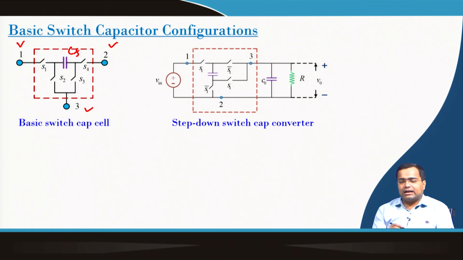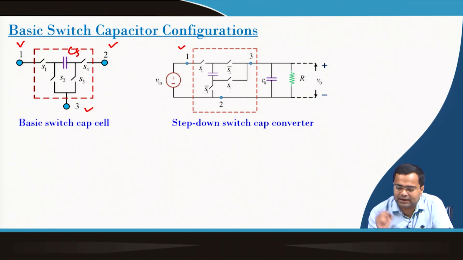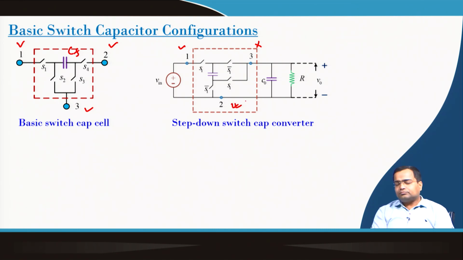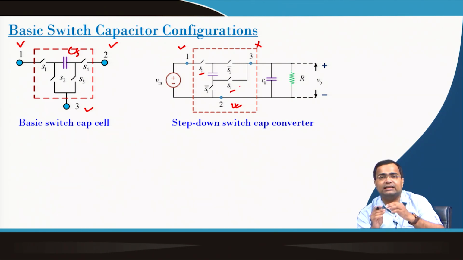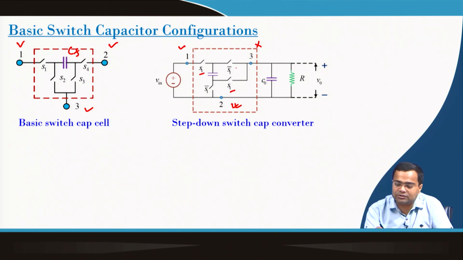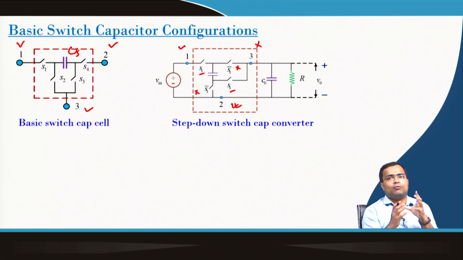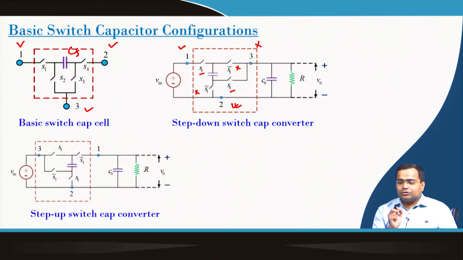So, in step down we connect terminal 1 here, terminal 2 here, terminal 3 and terminal 2 here, and we set the switches S1 and S1 to operate identically, S1 bar and S1 bar operate identically, and S1 and S1 bar operate in a complementary fashion. So, this particular step down converter we saw in the previous example, here we have eliminated the source capacitance.